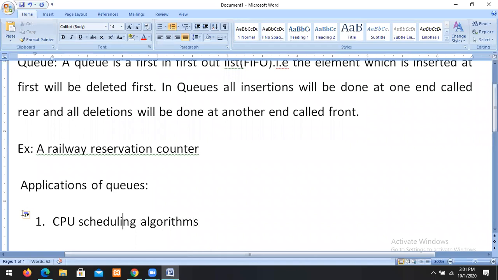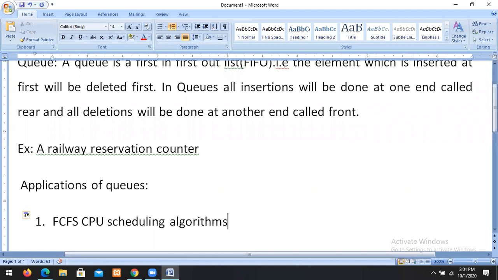We have the first come first serve CPU scheduling algorithm, which is first in, first out. It is one application of queues.